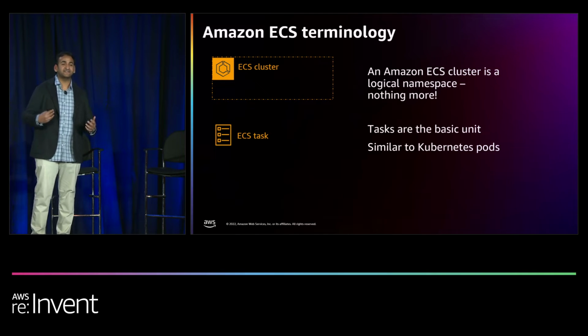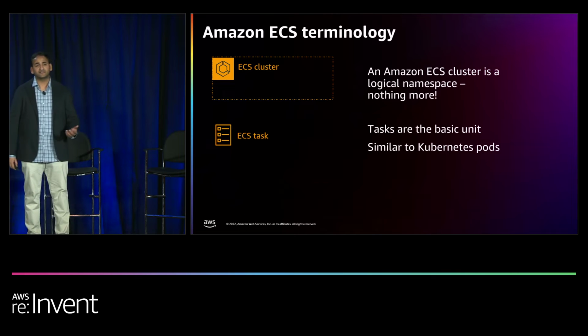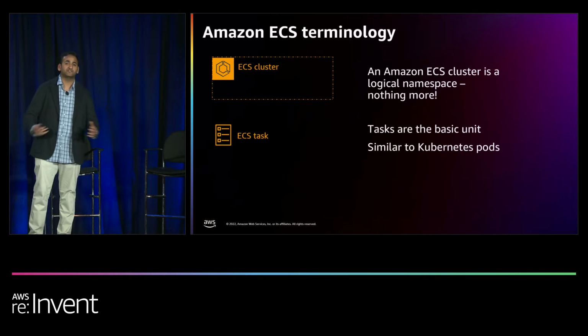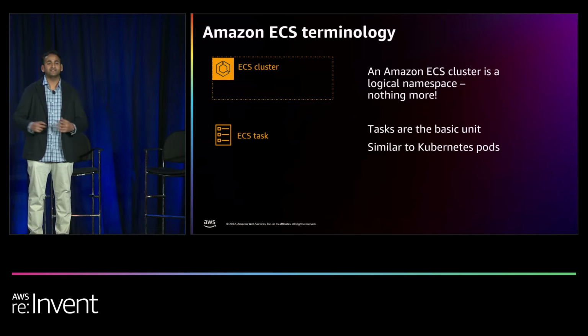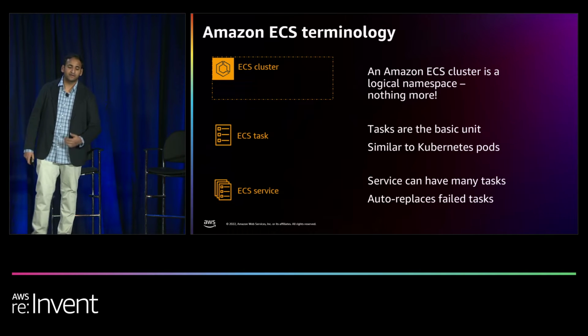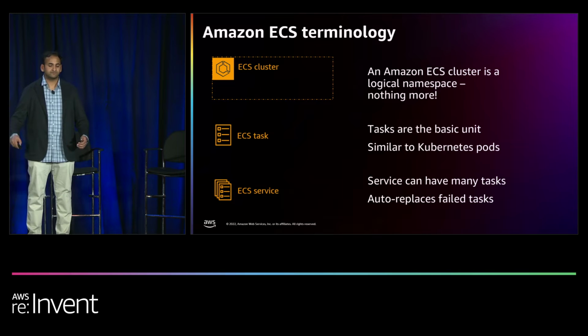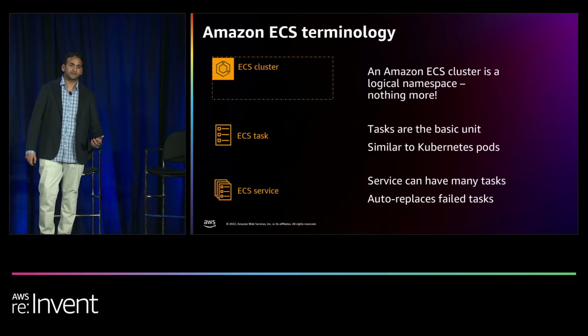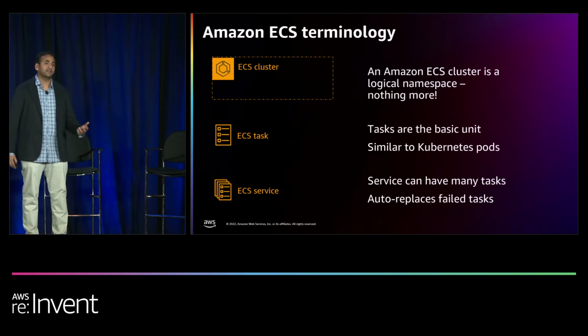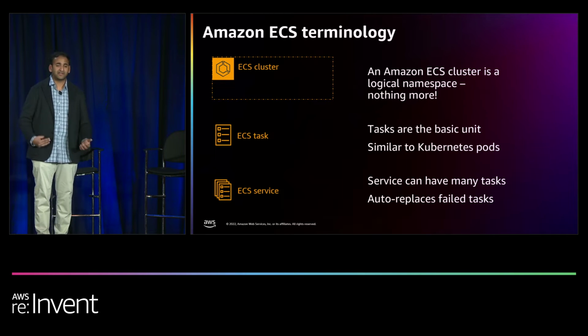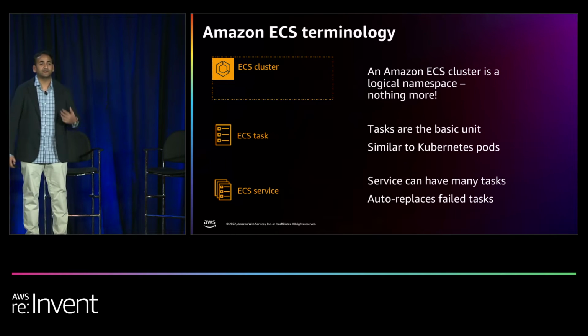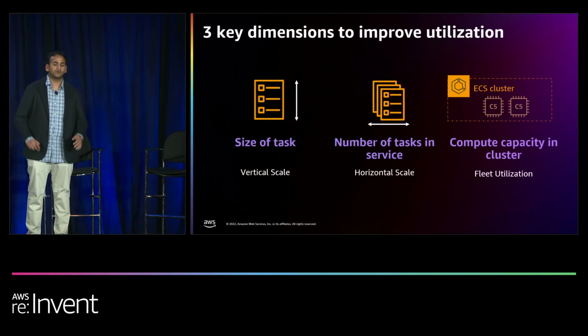An ECS task. Task is the smallest unit of compute in ECS. Task is a group of 1 to 10 containers, which typically might constitute one single unit of an application or a microservice. And finally, services. An ECS service typically represents a group of running tasks which combine to form a microservice. The service construct in ECS provides inbuilt resiliency. What that means is if a task in a service crashes, ECS ensures that it will bring it back up so that your application remains highly available. So with that out of the way,